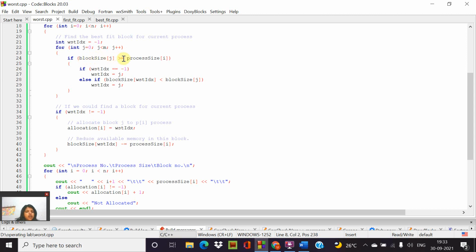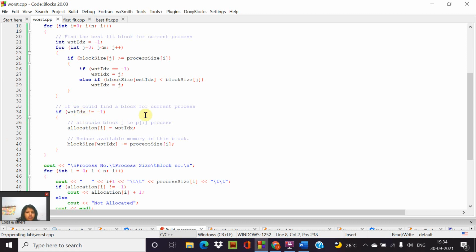If block size of j is greater than or equal to process size of i, then if worst idx is equal to -1, j's value will be stored into worst idx, or else if block size of worst idx is less than block size of j,